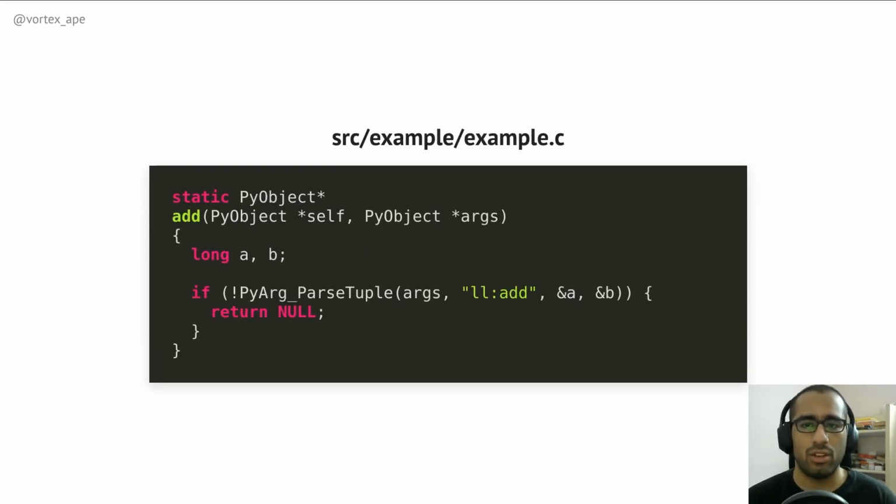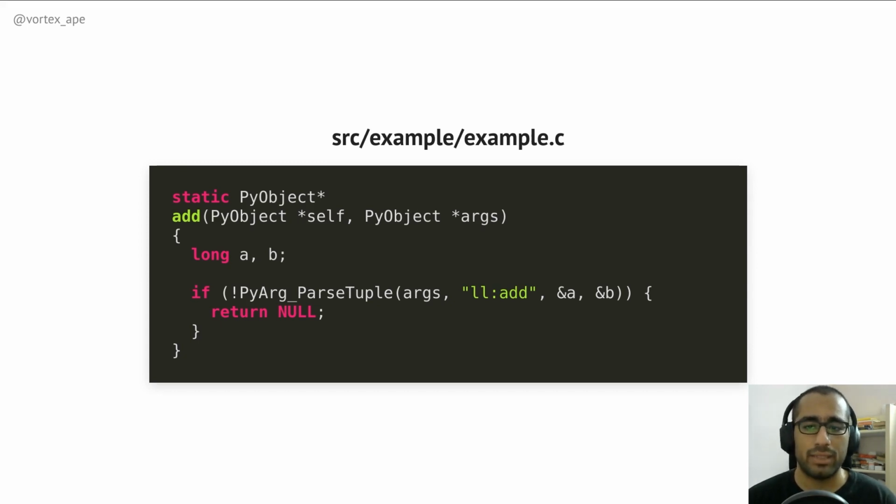We then define two long integers a and b, and since we'll get all the args we pass into this function from Python in the args_py object, we can use the PyArg_ParseTuple function to parse those parameters into individual variables. Here we are parsing two long integers from args and storing their values in a and b. Here L is the format unit for the parameter that we want to parse, and there are two of them, LL, because we are parsing two long integers. The string after the colon after LL is used as a function name in error messages.